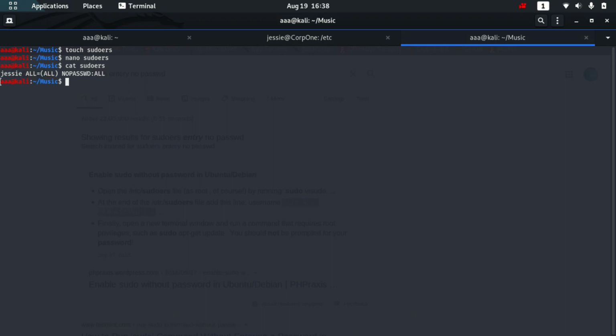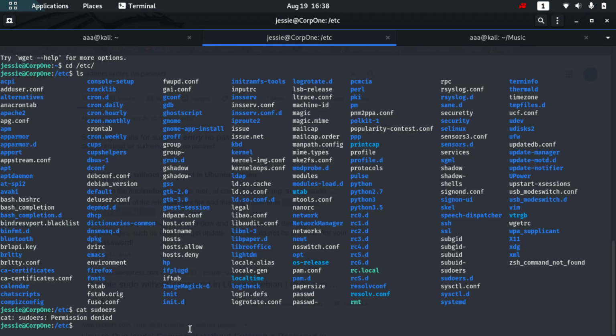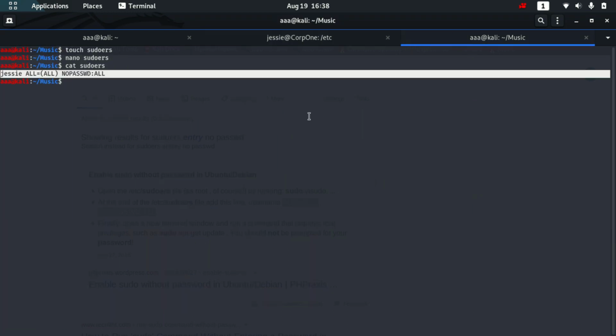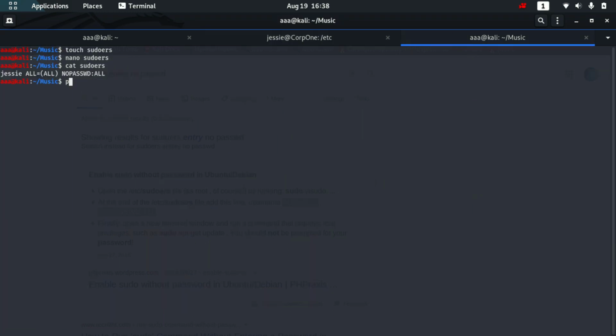So now I'll transfer this sudoers file from my place to over here, so that this will become an overwrite. So let me serve up a server. To give a server, I need to do python -m, and let's put a simple http.